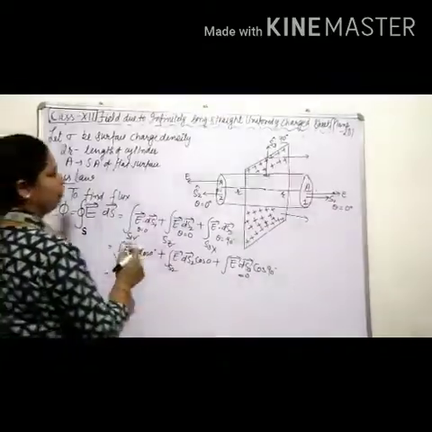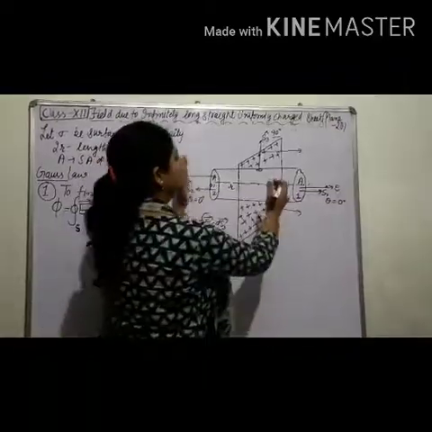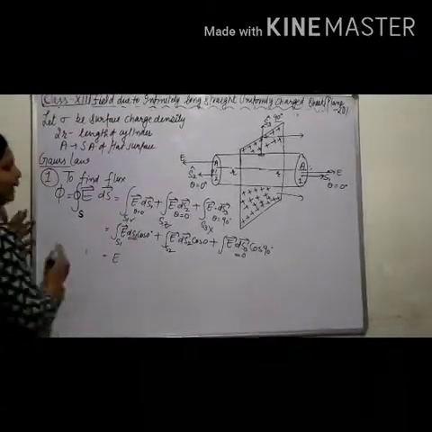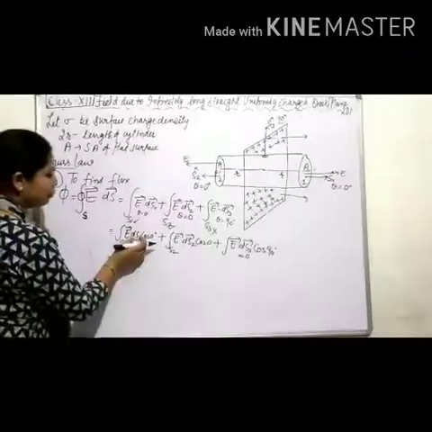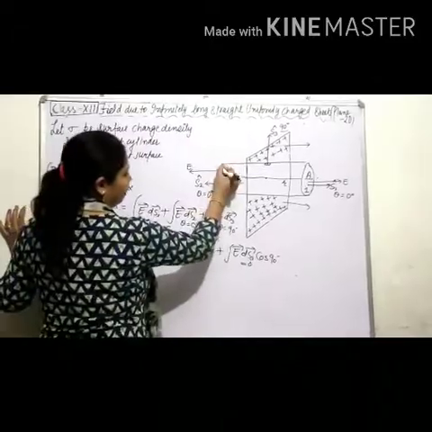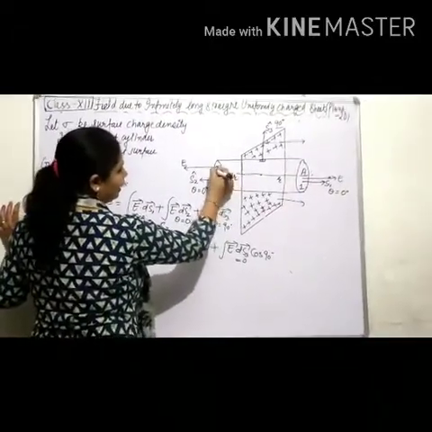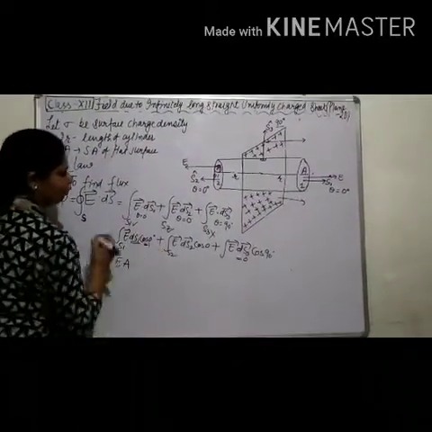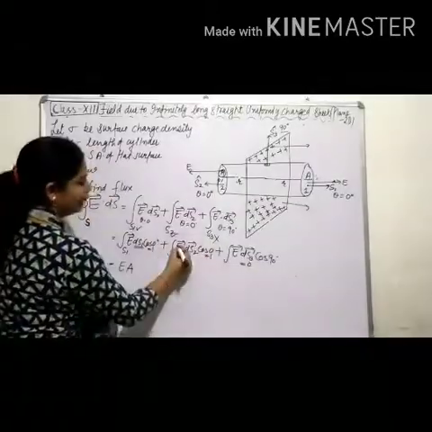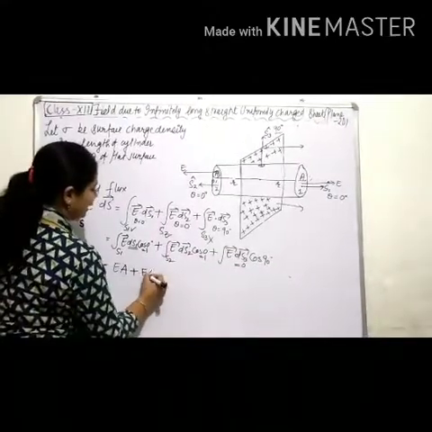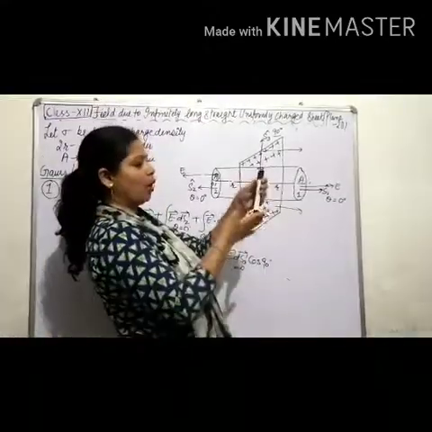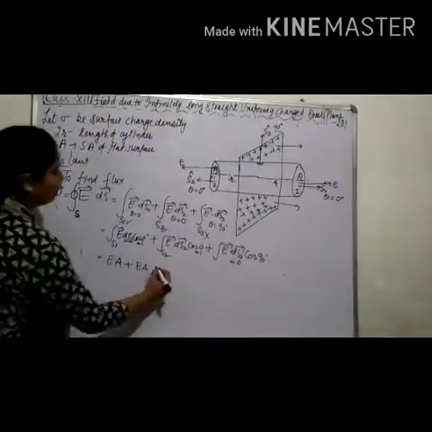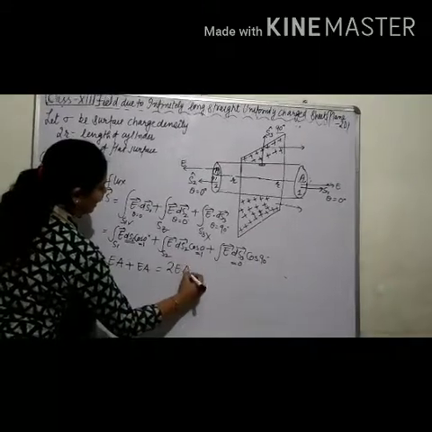The electric field at the same distance will be the same, so it will be taken common out. And what is the area? When we combine each and every area element on this flat surface, we will get the final area, that is A. So it will be EA because cos 0 is 1. Similarly, cos 0 is 1, E into A, because each and every flat surface, up or down, has the same area, which I have represented by A. So total flux will be 2EA.